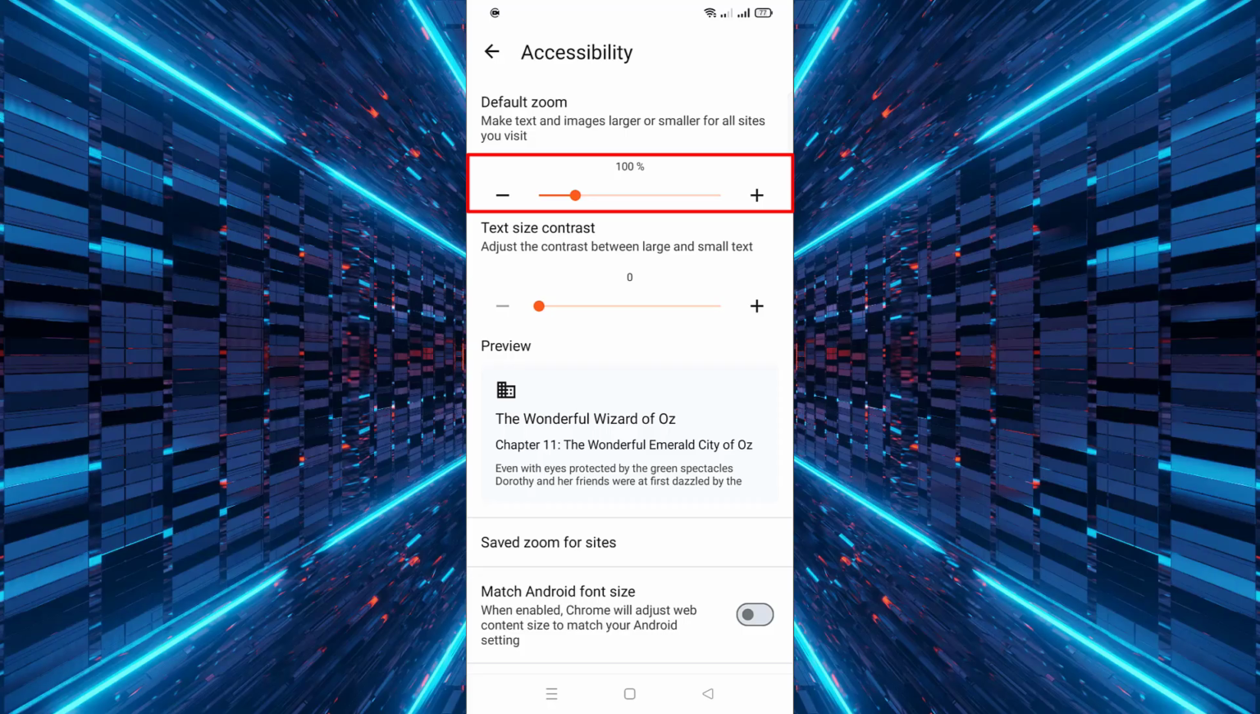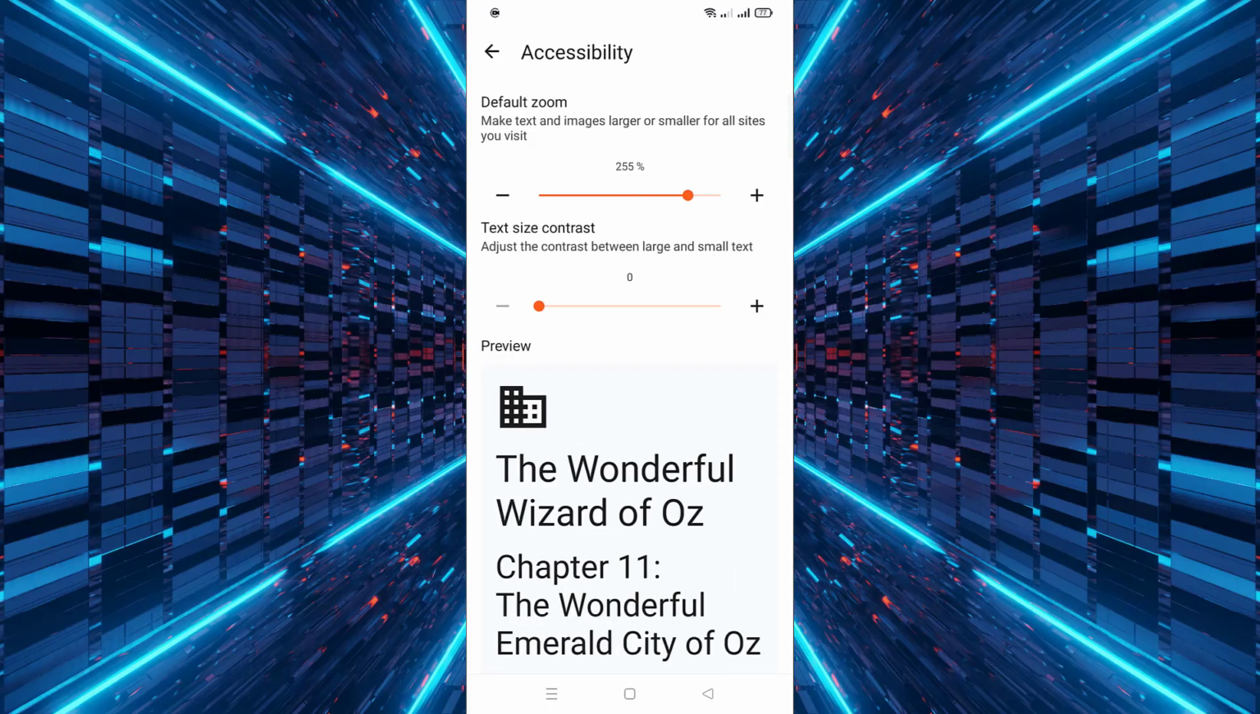Drag the slider to adjust the zoom to the size that feels most comfortable for your browsing. Finally, once you have set the desired zoom level, exit the settings, and your changes will be applied